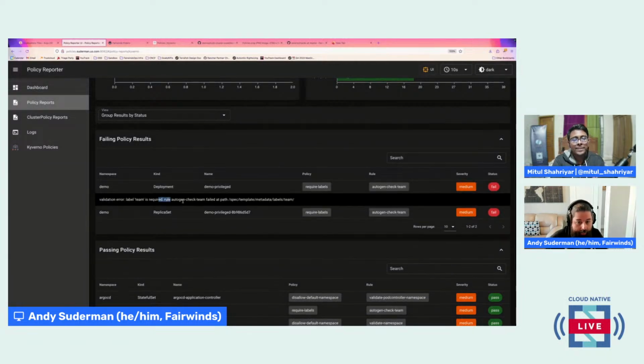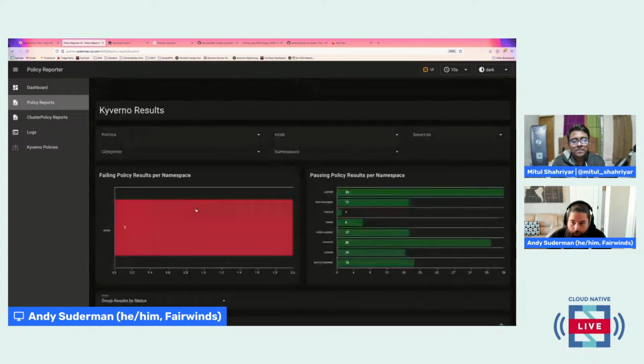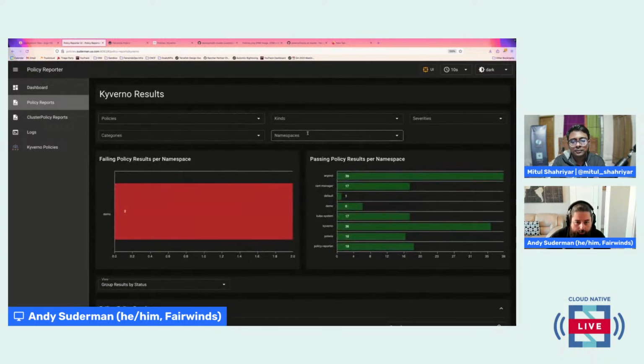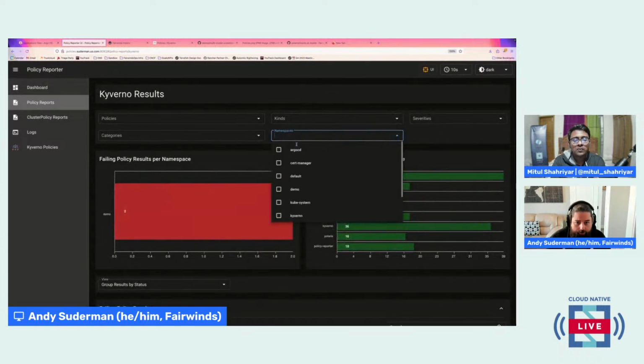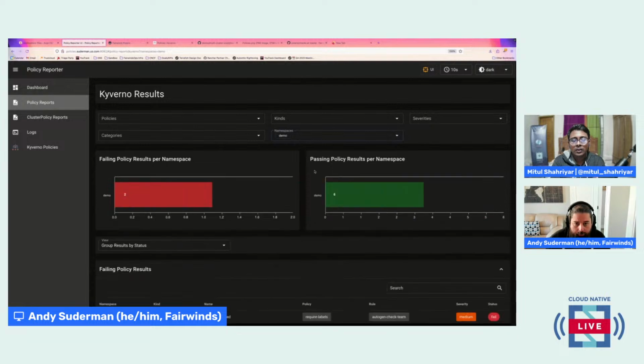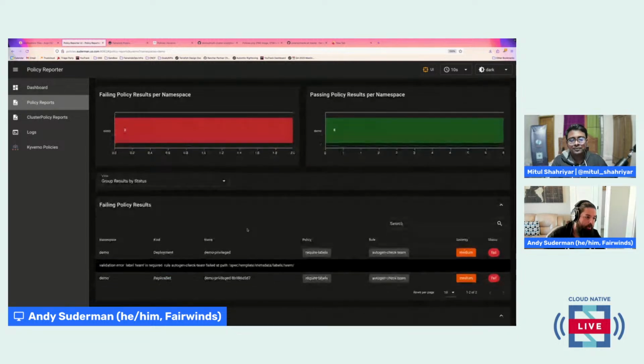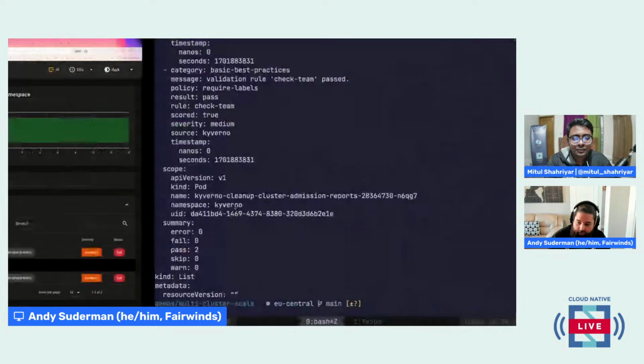So this deployment does not have the team label. So we have our policy violation there. We can filter down to different namespaces, just look at that demo namespace that we care about. And so that's another way to provide access to these policies to your developers that might be using them, or running into being blocked by these policies, as we saw earlier.